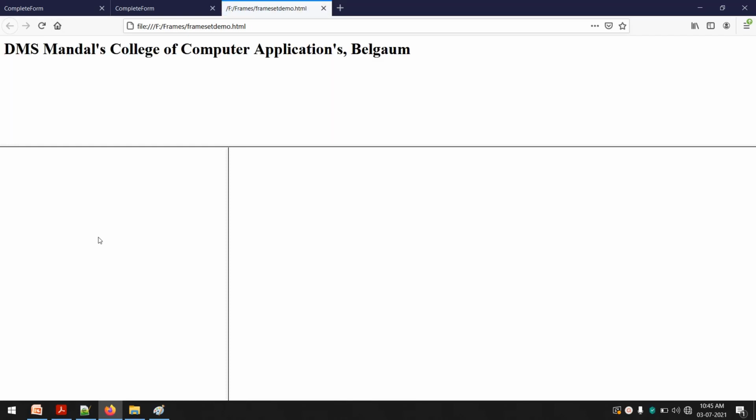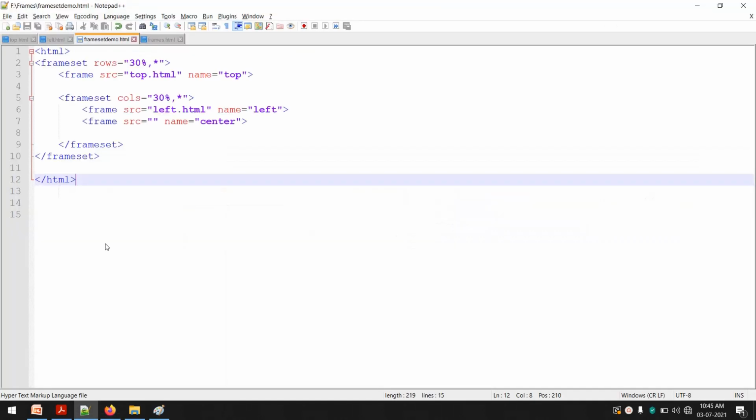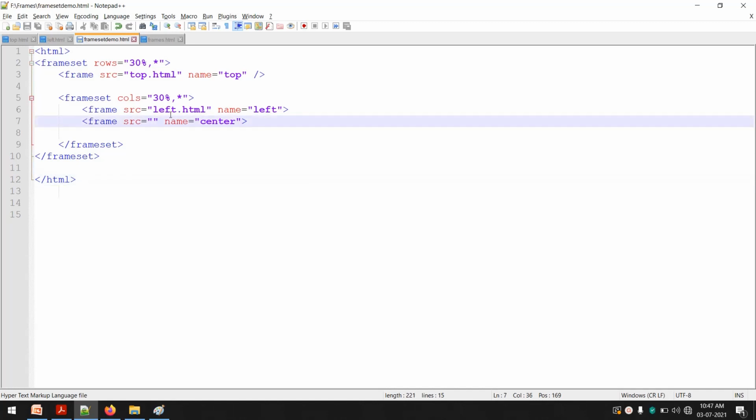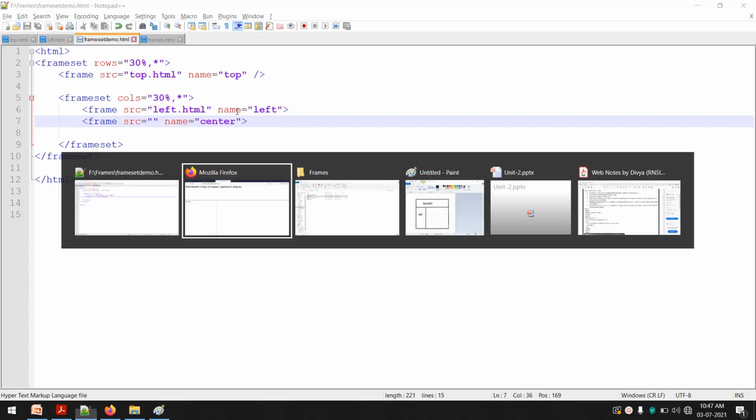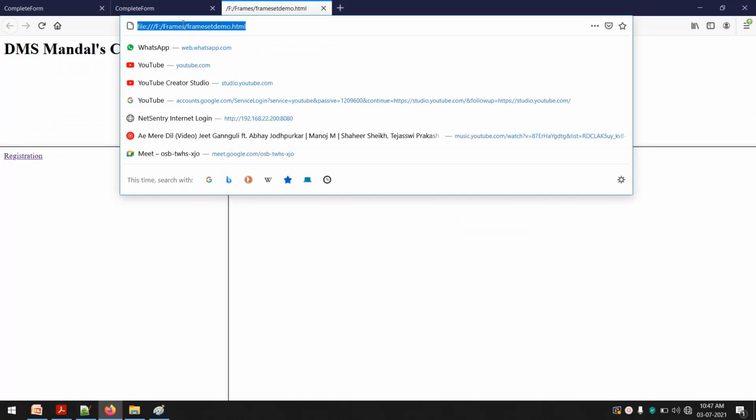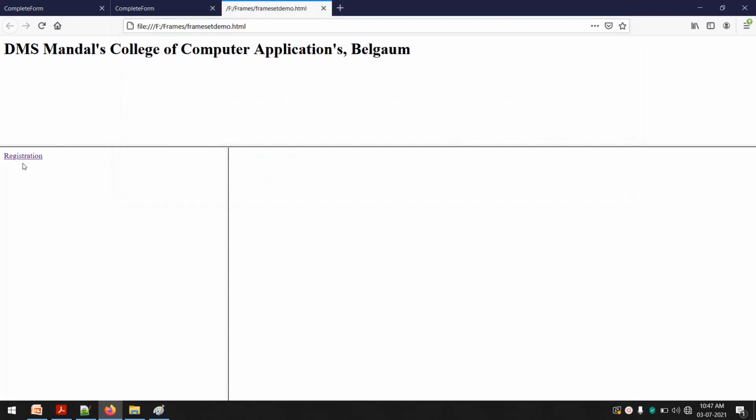Still it is not visible. We will again verify it. Okay, everything is right here. I'll just reload the file. Instead of clicking here, you just click here and press the enter key so that the link is displayed. Okay, now we have here, this is our top section, the file top.html.